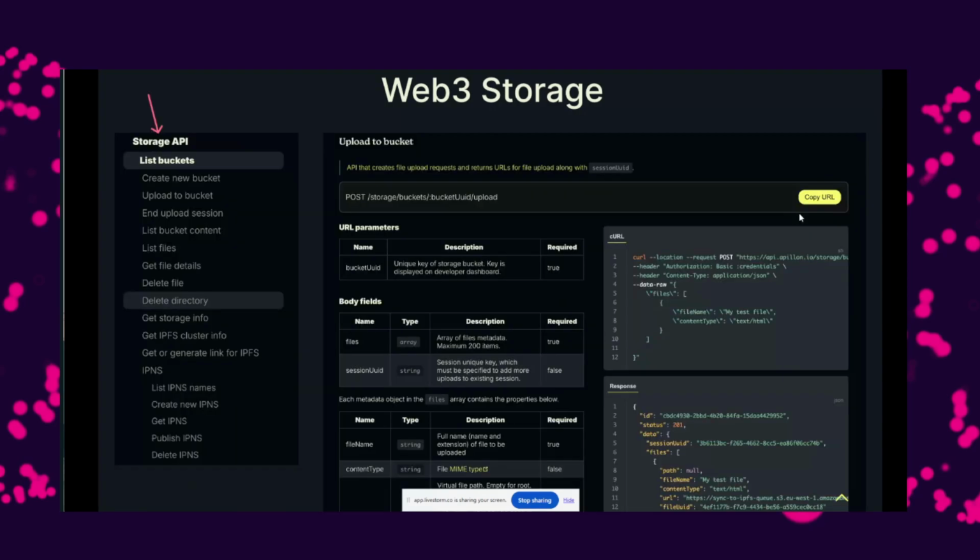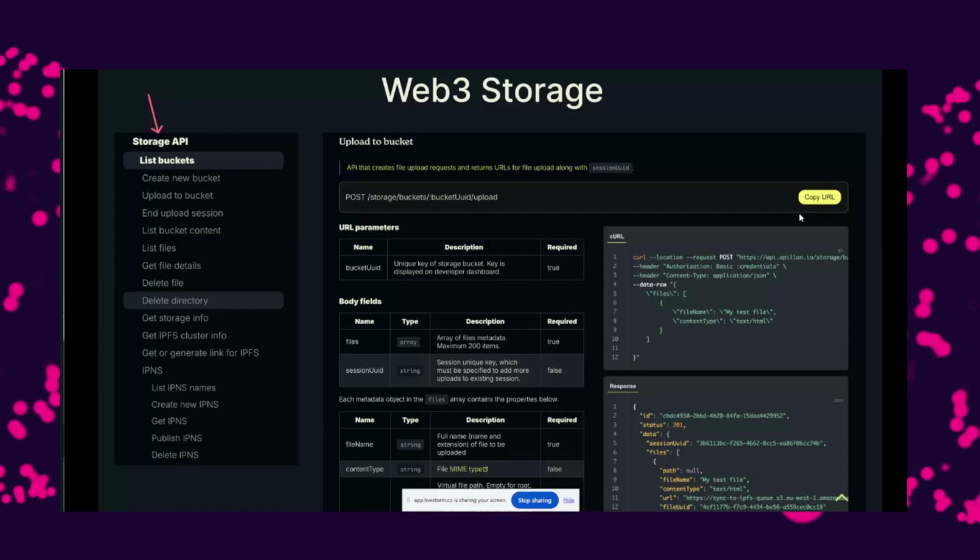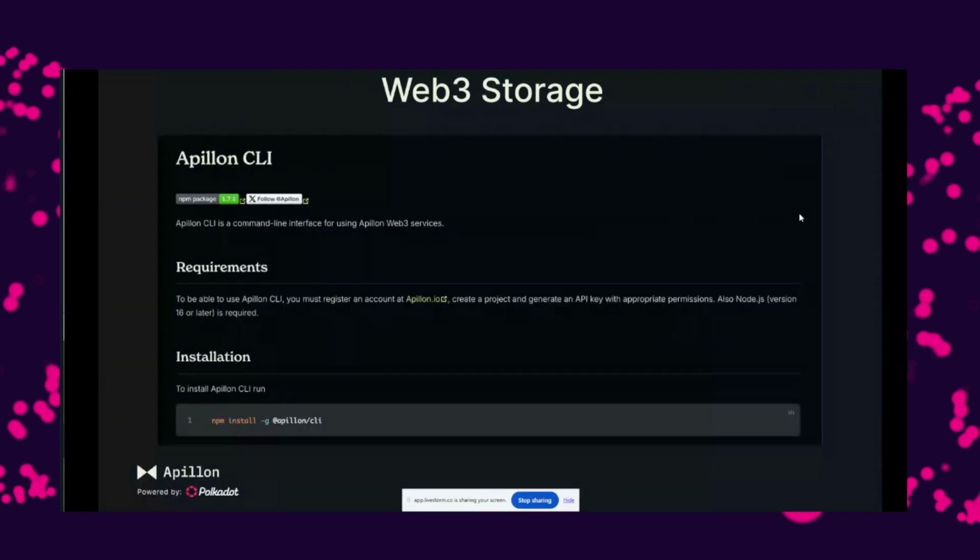All right, so now more interesting for developers. This is the perspective of our API. As I said, initially we have APIs, we have SDKs, we have CLI, and this is how basically you use the storage. You can create new buckets, you can list files, you can delete files, you can delete directories. You have full control from the software side to do whatever you want with the storage. Our CLI is accessible over npm install, as shown here.